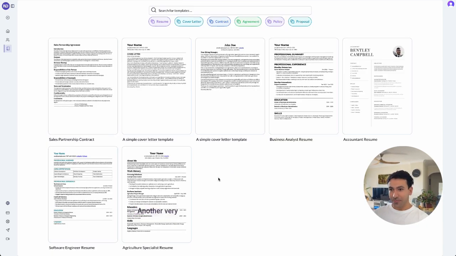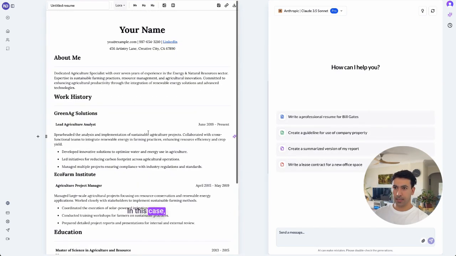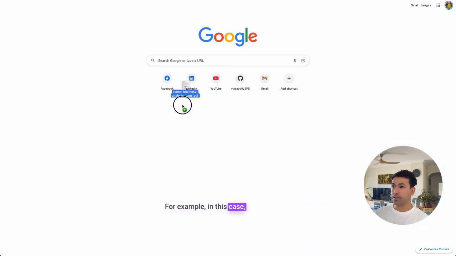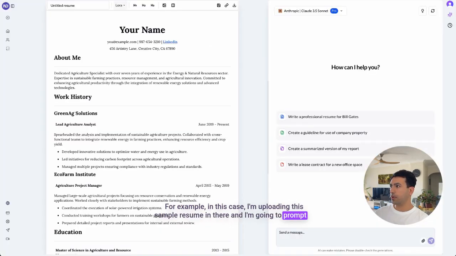Another very obvious use case is where you have a template. For example, here we have a bunch of templates, but then you can create your own templates as well. So you'd start with a template. In this case, this is a resume, and then you can upload your resume. For example, in this case, I'm uploading this sample resume in there, and I'm going to prompt it,